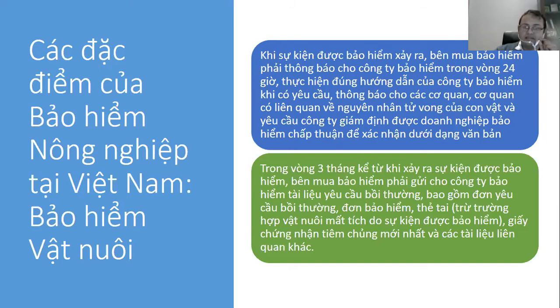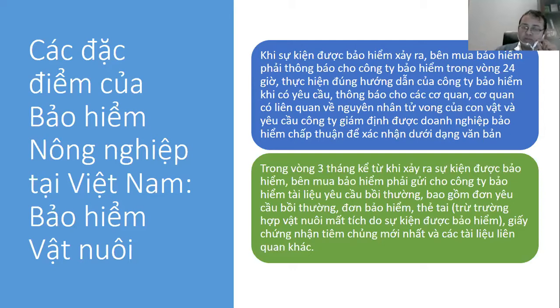And they should also request the inspection company approved by the insurer to authenticate the death in a written form. So there's quite a few responsibilities that the policyholder has in terms of reporting claims. Now, within 3 months of the insured event, so that's quite a long duration, but within that 3 months,